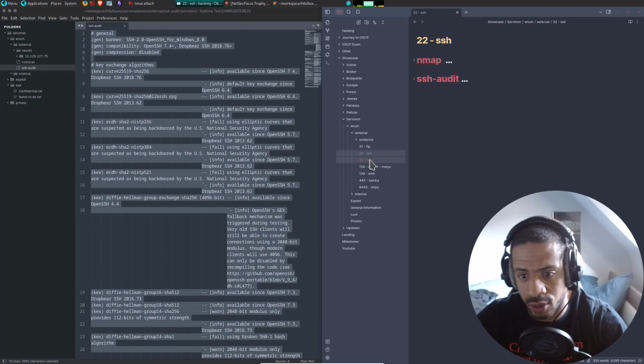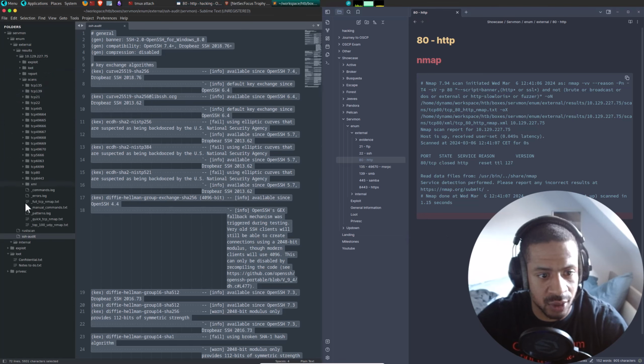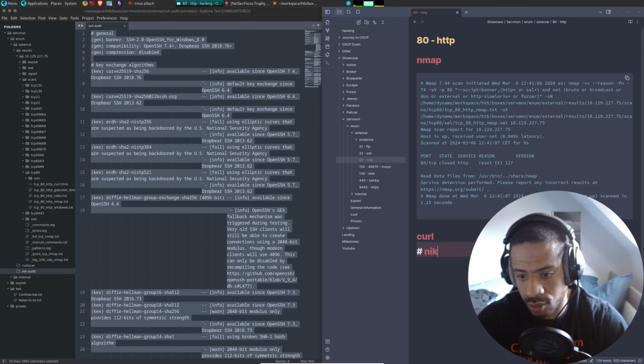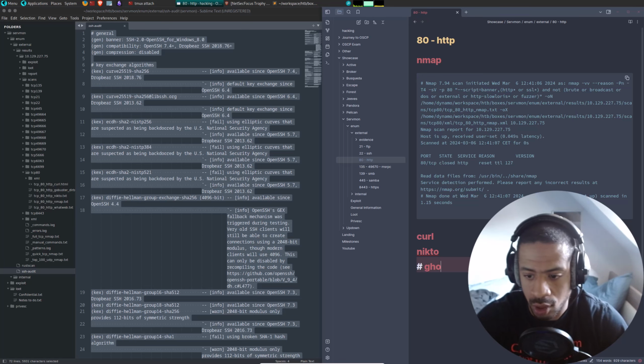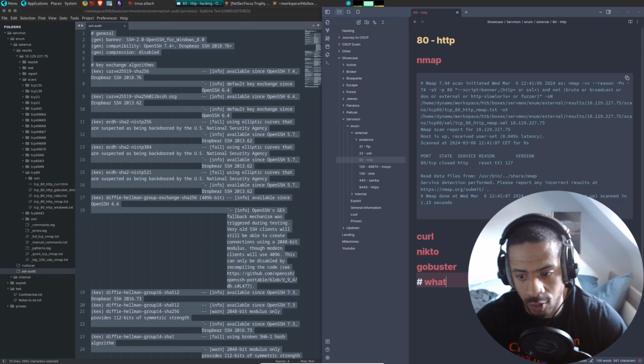So next port, port 80. We did have a few things on port 80. So as usual, we'll do curl, we'll do Nikto, we'll do GoBuster, and we'll do WhatWeb, and we'll take a screenshot.